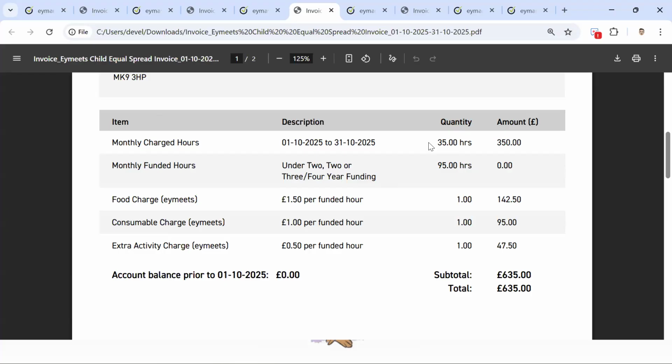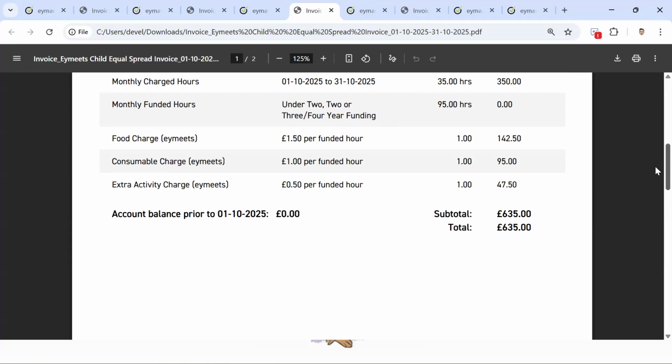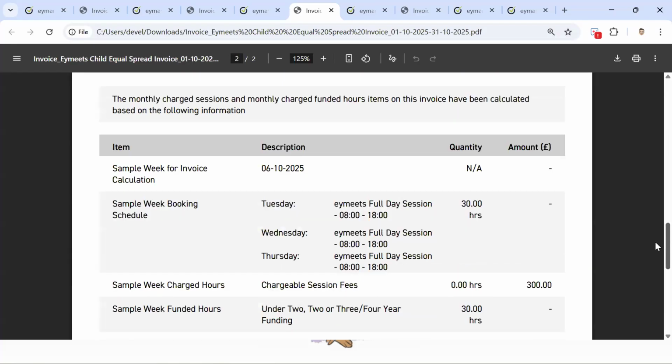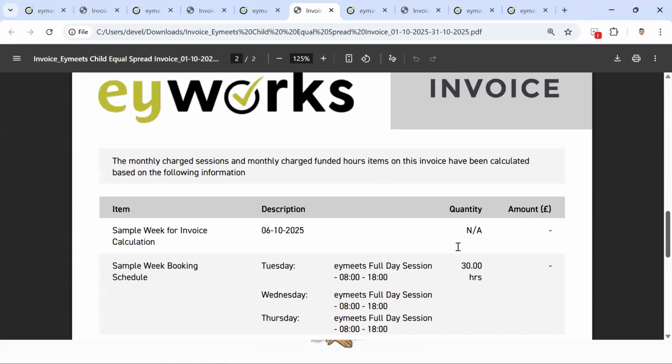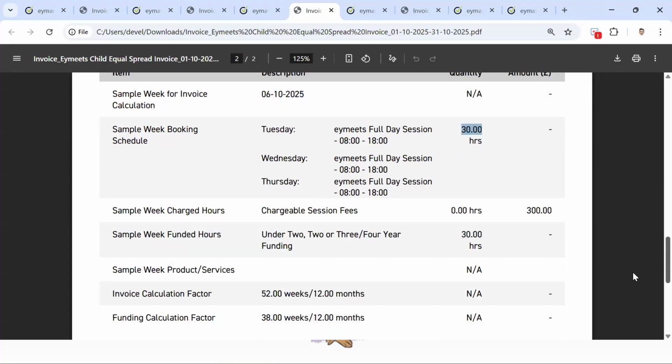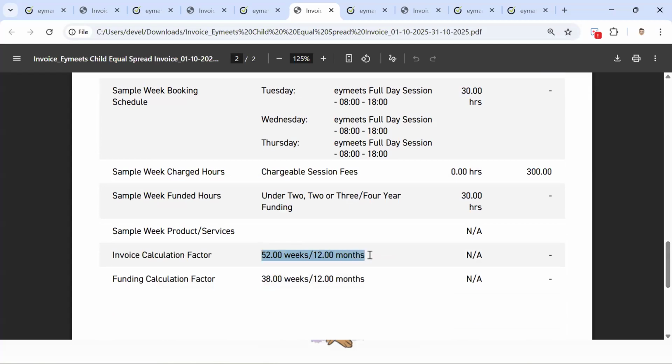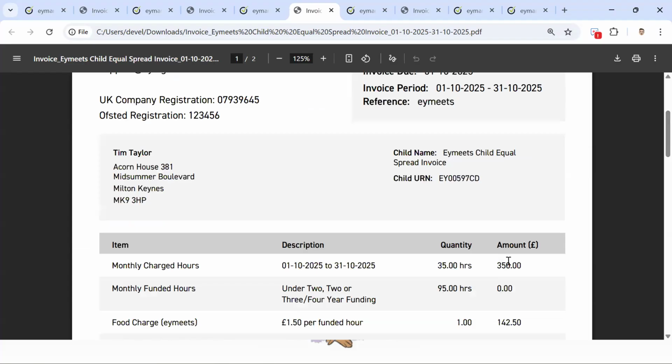And the idea here is that if the parent were to try to work that out themselves in terms of does that meet what we're actually attending, the second page, the information page, can come into effect because we're highlighting that on any single week, the child here is attending 30 hours, and these hours are being calculated or charged over 52 weeks divided by 12. So if you did 30 times 52 divided by 12, you would equal 130 hours,